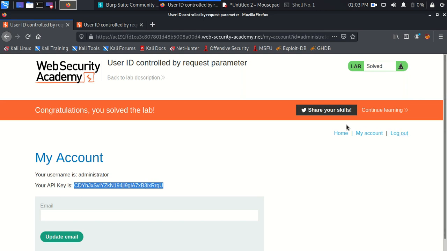But I want to mention here, you must check this out, you are not the administrator user, because the administrator user has the admin panel. We got its data, but we did not get the whole privileges or the higher resources that are authorized for the administrator.